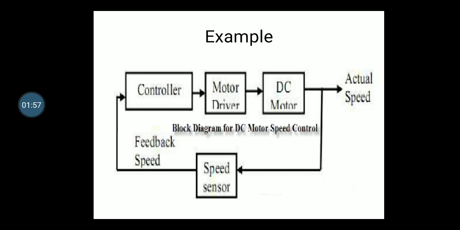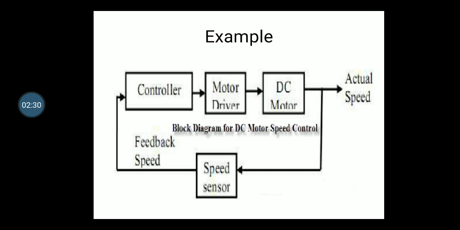But you can see here, this is the actual output, actual speed. But this speed is again given to the sensor, right? So that the sensor can sense the speed of that motor, and again that speed of the motor is given to the controller. Okay, so it is known as feedback. Right? This is a feedback system. Why? Because we are feeding the output back again to the input, right? This is output, and this output is given again to the controller. So let's see how it works.